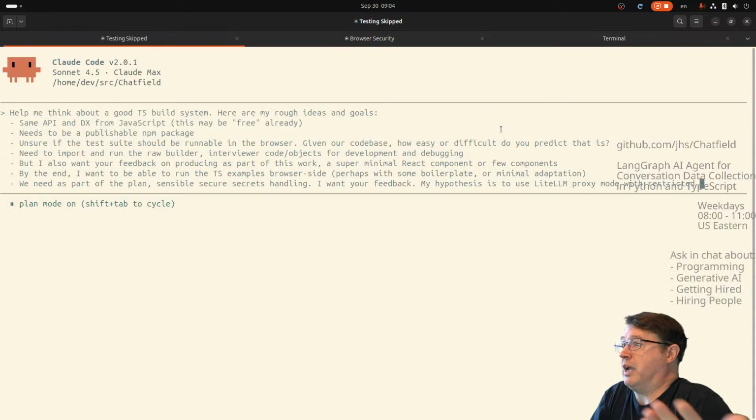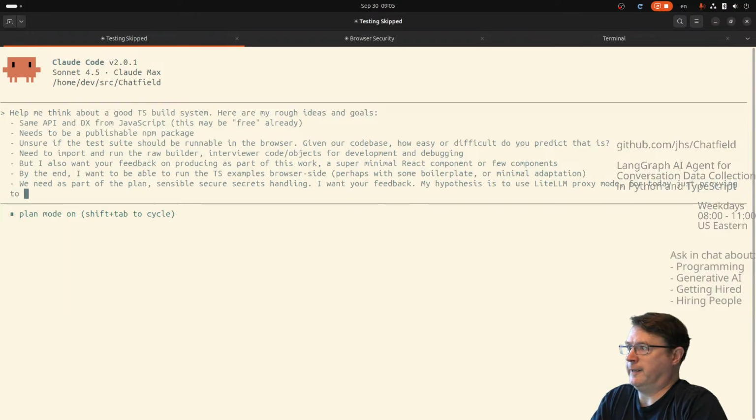But then in development, the way I'll develop it is with LiteLLM. We need this part of the plan. My hypothesis is to use LiteLLM proxy mode. For today, just proxying to my OpenAI, but a sub ticket or something, right? A subtask would be